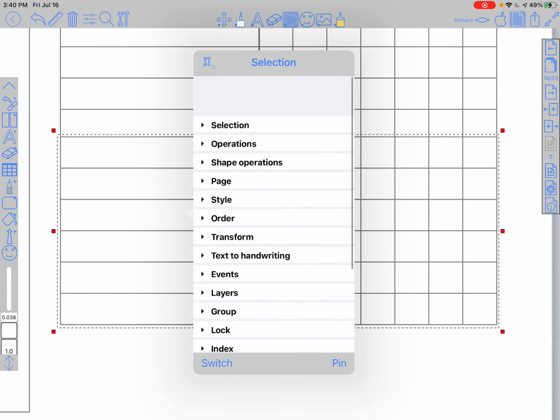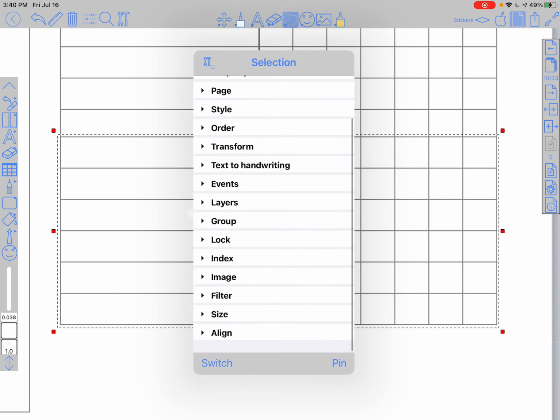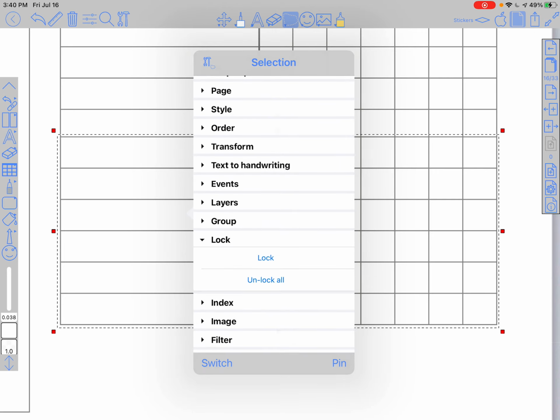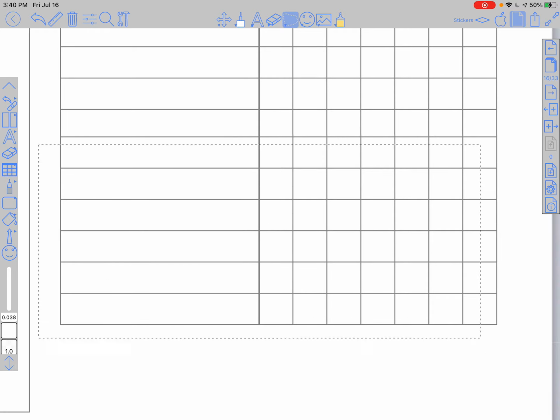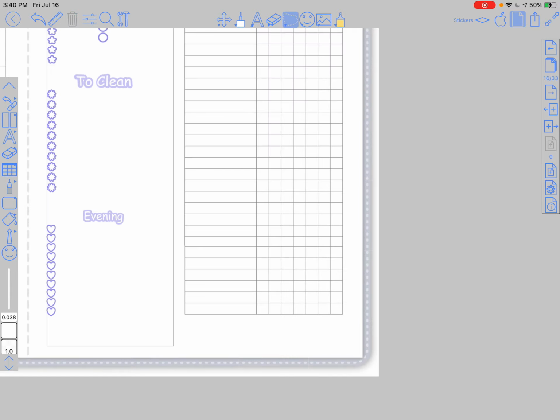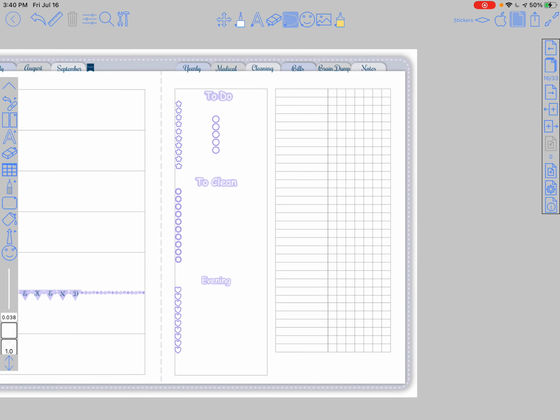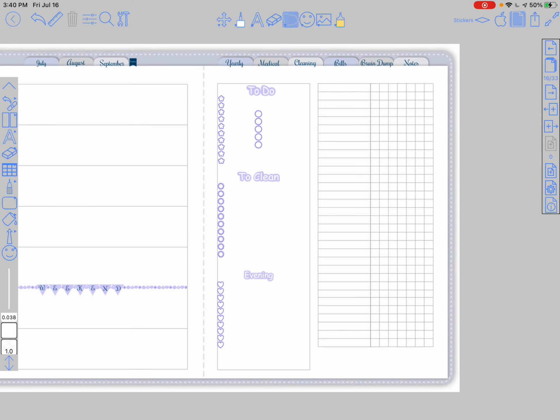So on this menu here, we click three quarters of the way down on lock, and then just click lock. It tells us that the lock is selected and it's not going to move. Okay, so we could have counted and added a couple more to make it the full page if you wanted to. The next quick thing I wanted to look at is we're going to cover up this left-hand section